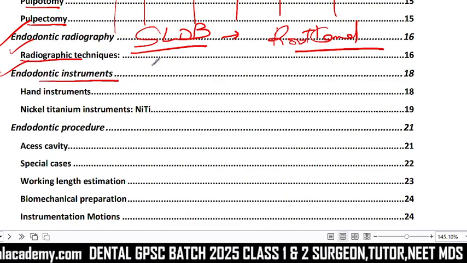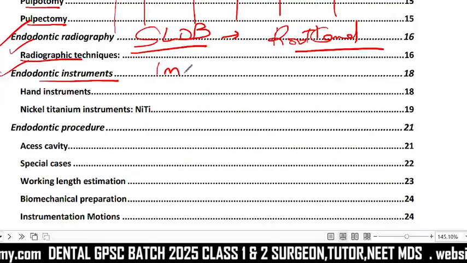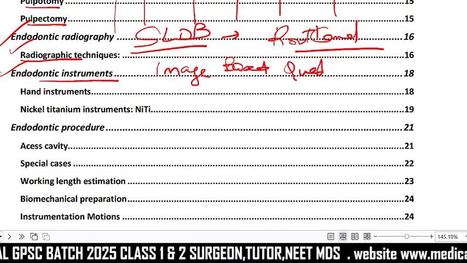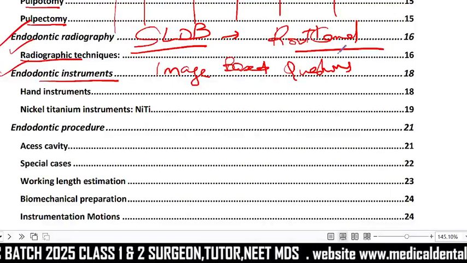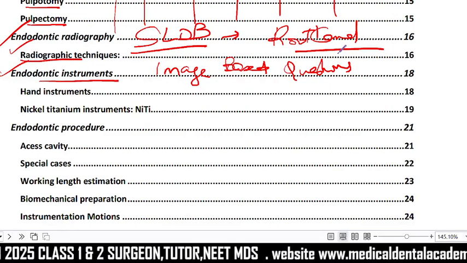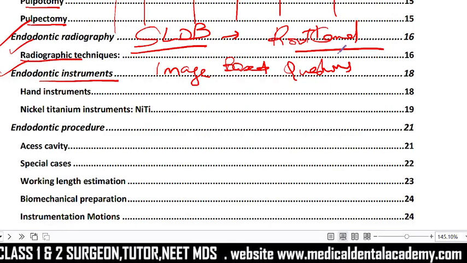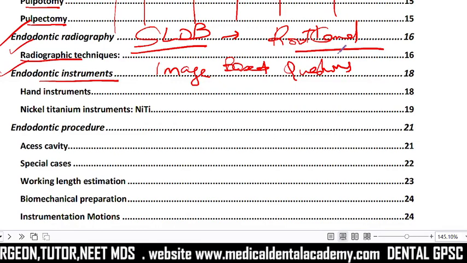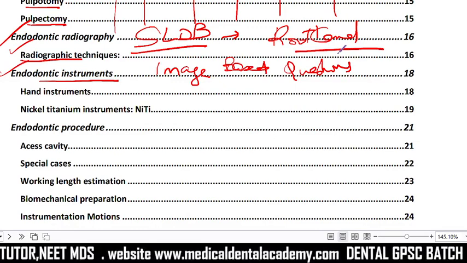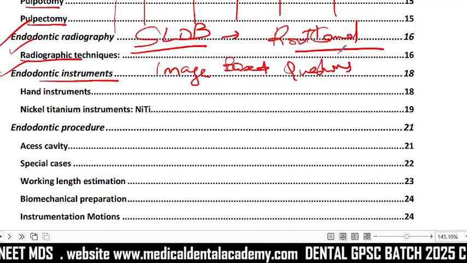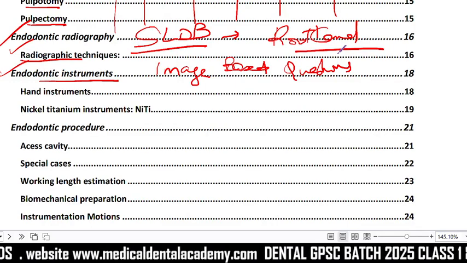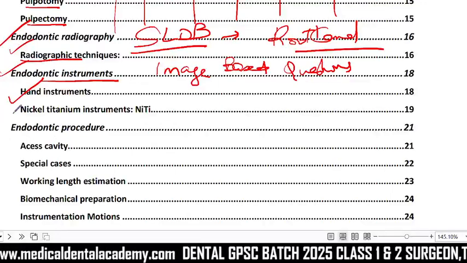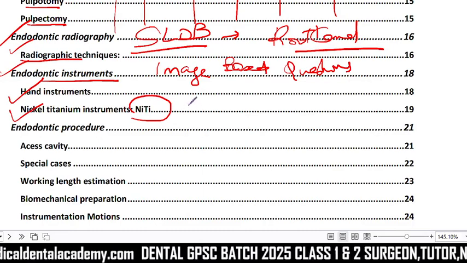Endodontic instruments. Nowadays, they have a pattern of asking image-based questions. So they might start from this GPSC. It might be your paper with color, and image-based questions might be there. Here we are having hand instruments as well as engine instruments. Now the whole advancements